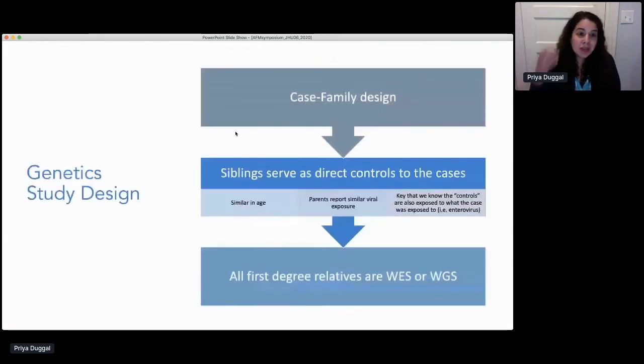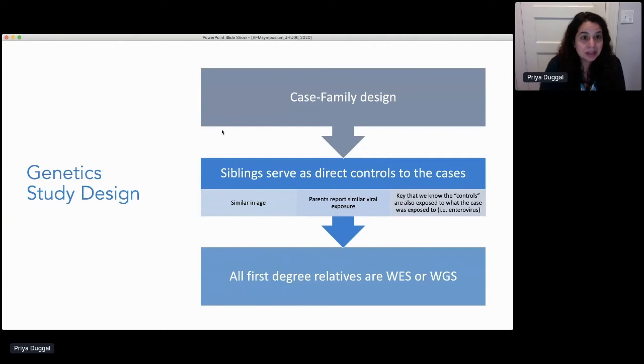And so as a result of that, we designed a genetic study where we do a case family design. We highlighted the fact that we know that the family members are really important to us here because we want to know that exposure was similar within the household. We also want to be able to evaluate siblings because to date, no two siblings in a household have yet been identified. And so we have households where a case, a child, has been affected, and their siblings are all unaffected, despite the fact that most parents will report that all of the family members had the same viral illness that preceded the paralysis.